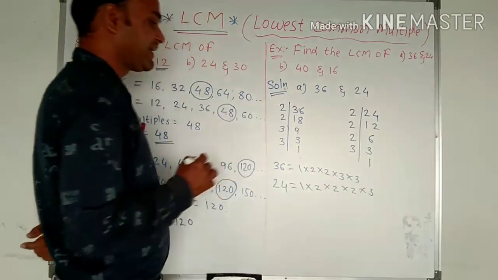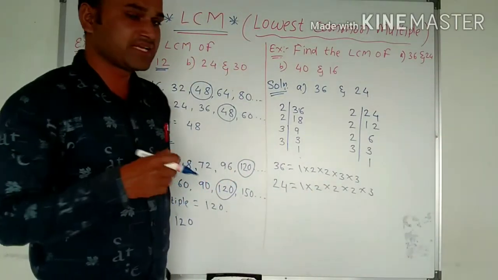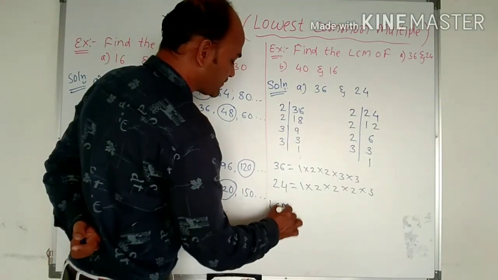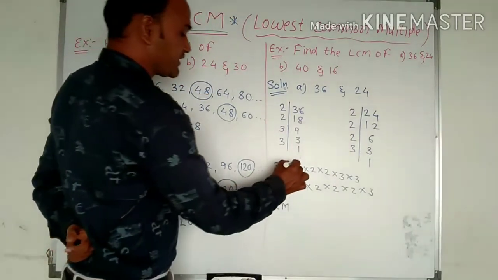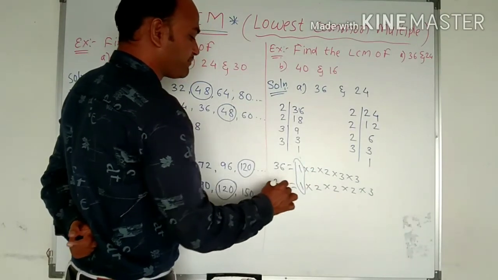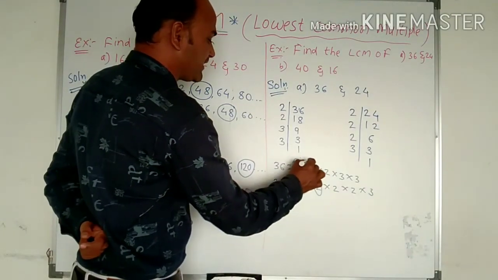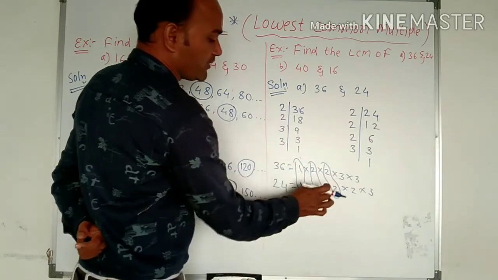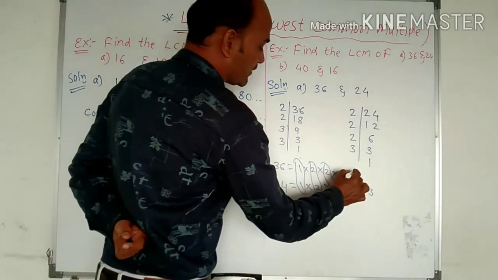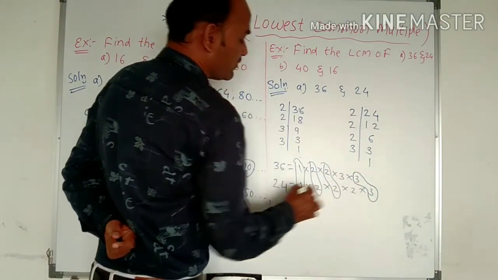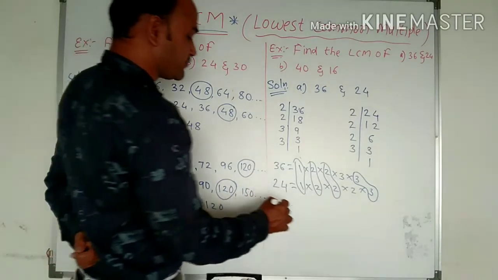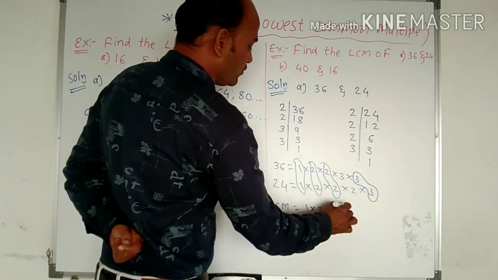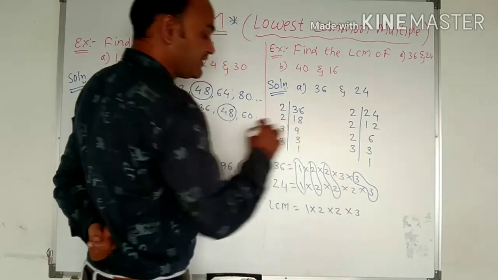अभी हमें क्या करना है, कॉमन जो टर्म्स हैं उनको हमें निकाल लेना है, एलसीएम निकालना है. जो कुछ भी यहाँ पर कॉमन टर्म्स थे उनको निकाल कर लेना है. Firstly we can see here 1 is the common term, then again this 2 is the common term, again one more 2 is the common term, but here is only one 2, here is not 2. Here again we got that 3 is the common term. Okay, we got the common terms here. We can see here 1 into 2 into 2 into 3. These are the common terms.